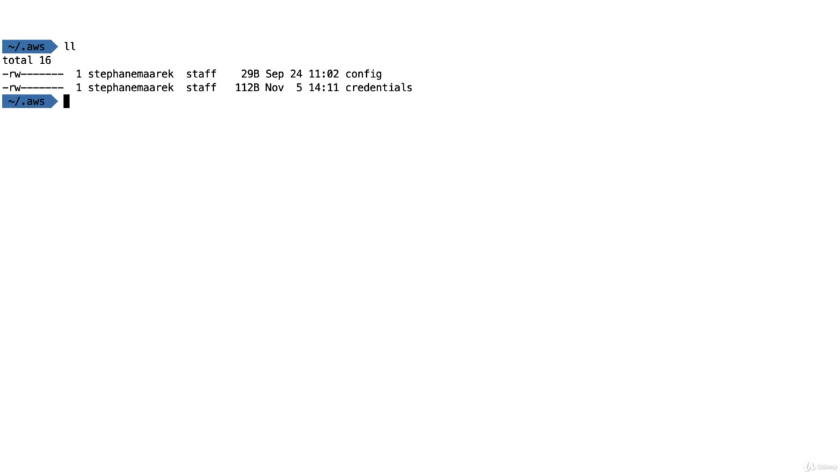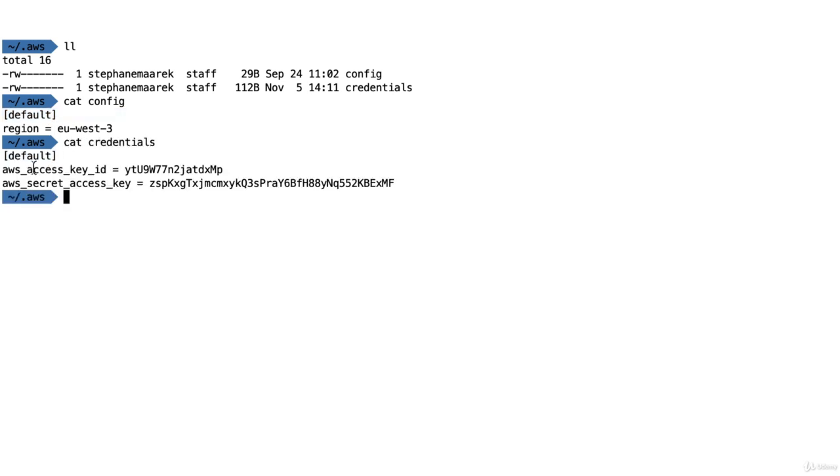So a common question I get is how do you manage having multiple AWS accounts? For example, right now we are in my AWS directory. If we go to config, we see there's the default section. And then if we go to credentials, there's also the default section, which contains an AWS access key ID and a secret access key. So this links to my one AWS account that I have from before, but how do we do this if I have multiple AWS accounts?